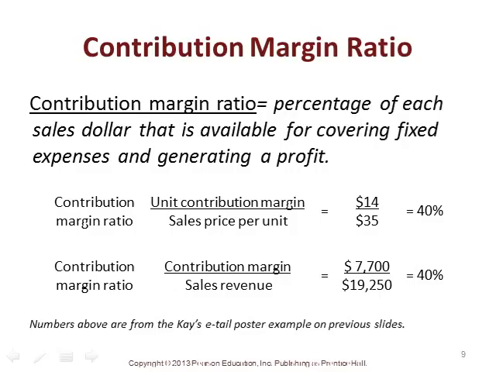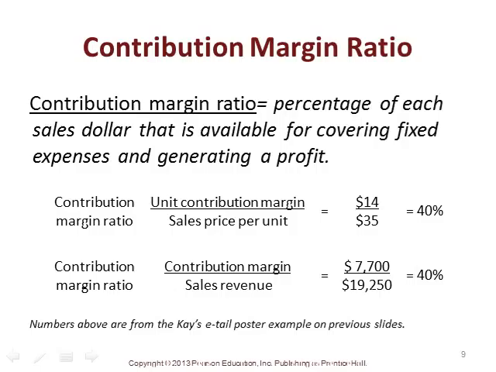And so now we talk about a contribution margin ratio. And when we talk about a ratio, we're talking about a percentage. In this case, it's the percentage of each sales dollar that is available for covering fixed expenses and generating a profit. So to calculate the contribution margin ratio, we simply take the unit contribution margin of $14 divided by the sales price of $35, which is 40%. So what we're saying is that for each unit, we're generating 40% of each sales dollar that goes toward covering